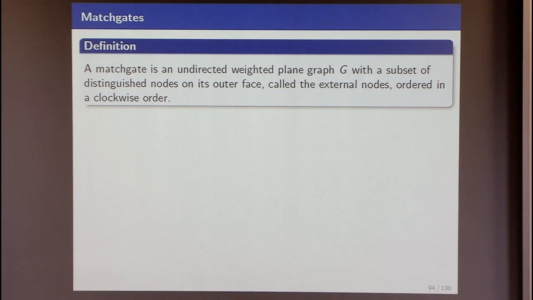I'm trying to be slow going, and hope you can follow everything. I really want to make it elementary here. Okay? Now, with the Pfaffian orientation and Kasteleyn's algorithm in hand, we can define what's called the